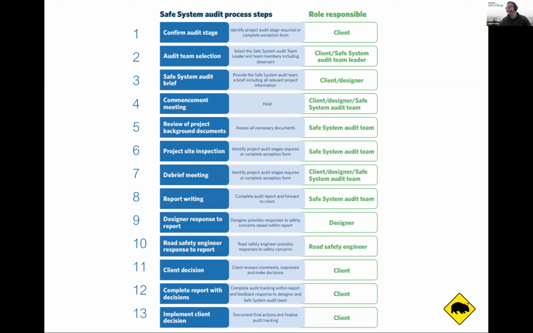The team leader should have 10 years of experience in the guide and be someone who's basically a road safety specialist. That team leader can then choose generally the audit team who will support them, who should also have road safety or specialist skills. You might choose to bring in a signal designer or a lighting designer for a specialist project. But there's also the option of having observers, which is a really good way of bringing along people that you think would be good to get into road safety audits to come and see the process and see how things work.